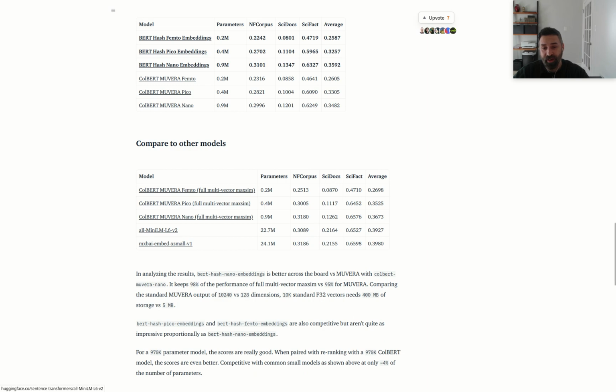I'm taking All-MiniLM, and then the one that was fine-tuned or distilled on, which is a similar version to All-MiniLM. So we're looking at 22 million parameter models versus micro nano models that are less than 1 million parameters. So if you compare Colbert MUVERA Nano by itself with the full vector maxim, it's only 3673 versus 3927, and then once again, this 3673 is the full-on, just re-ranking everything, not even using an